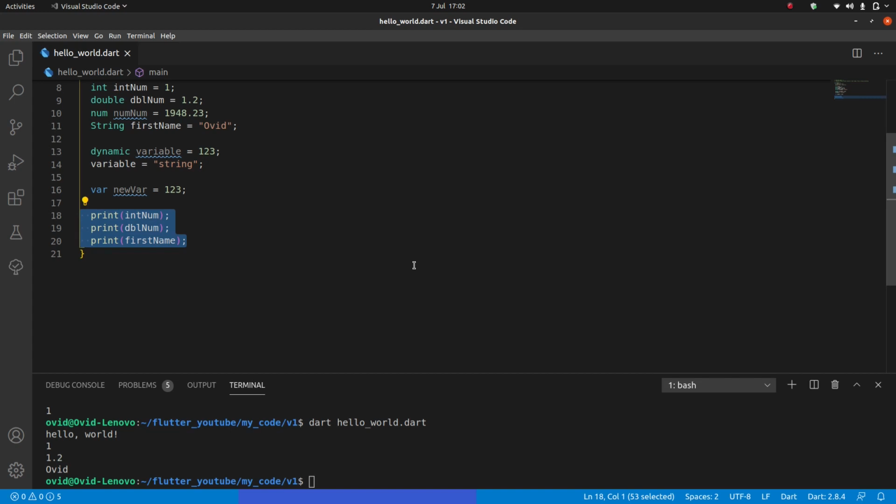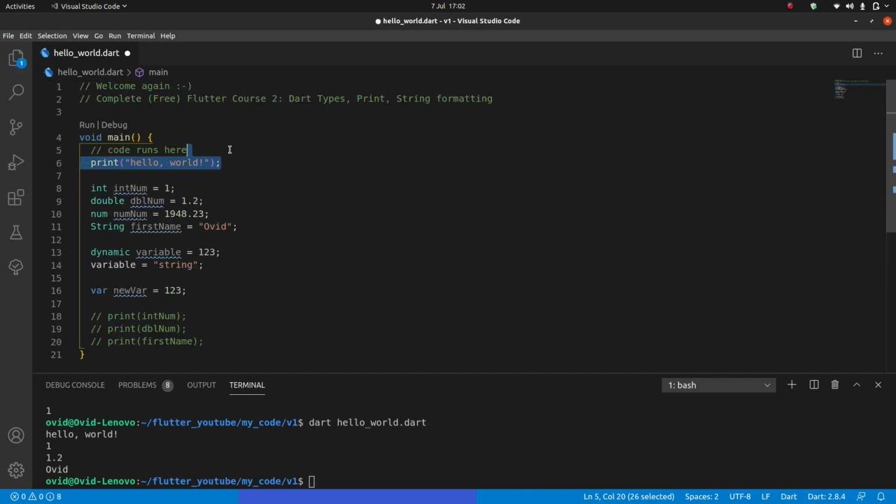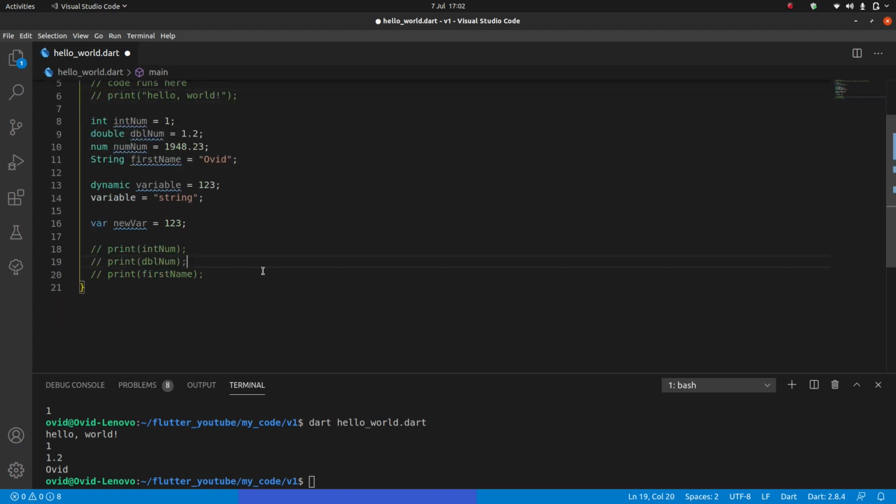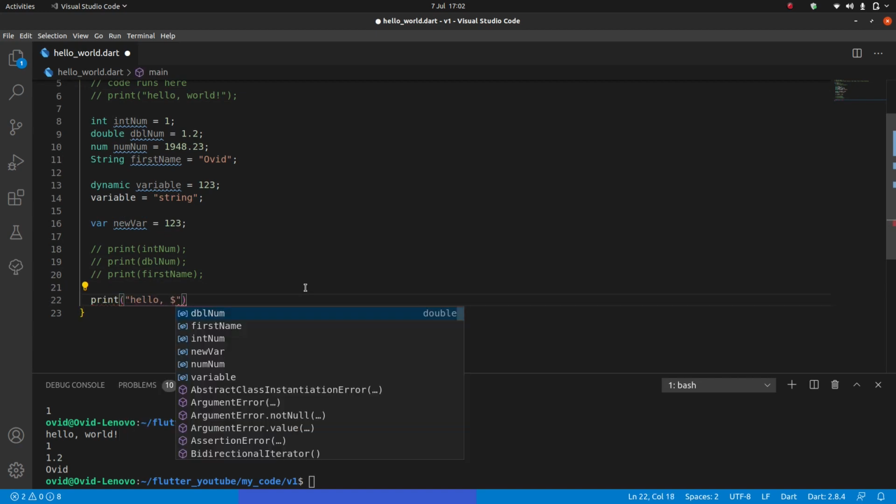So let me just comment these out, and I'll also comment this out. And by the way, you can change the comments with Control and the slash. Control slash will put the double slash in front or remove those double slashes to get rid of the comments. Okay, so I can write print hello, and if I use the $ following this I can use